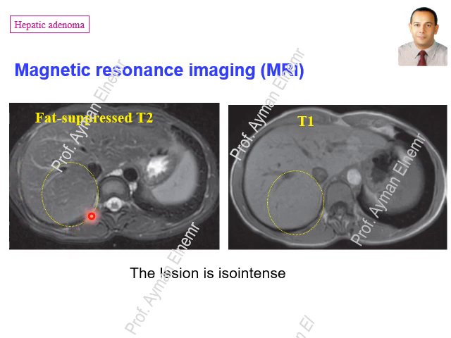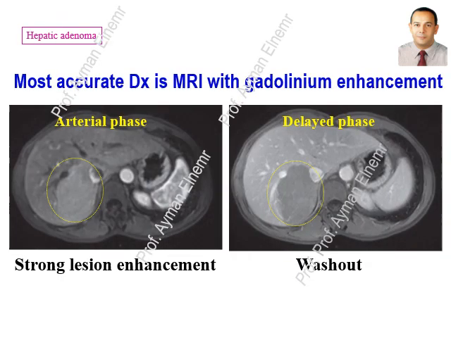By MRI, the lesion is iso-intense in both fat-suppressed T2 weighted image and in T1 weighted image. The most accurate diagnosis is by MRI with gadolinium enhancement. Here in the arterial phase, we can see the strong lesion enhancement, and in the delayed phase, we can see the